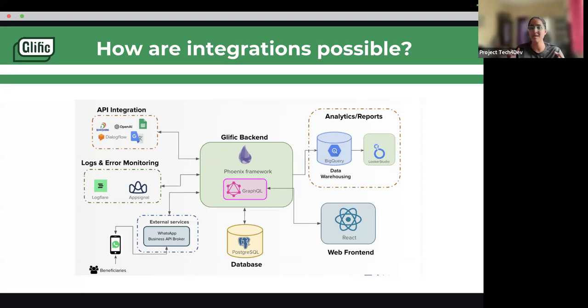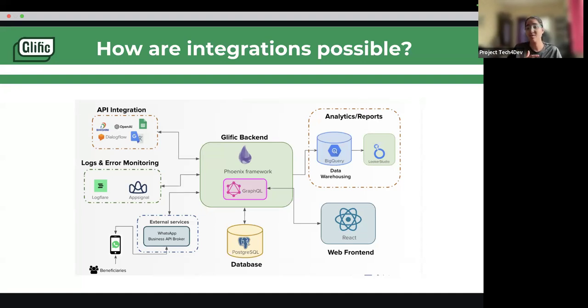So an API is a mechanism which helps two software components talk to each other. For example, if I'm creating a weather app, I might not end up putting sensors in every place where there are multiple other applications already tracking weather. So I'll use their API for my app and build certain features over it. So APIs are used for two software components to talk. Even in the Glyphic architecture, the Glyphic backend, frontend, and several other things are talking to each other using APIs.